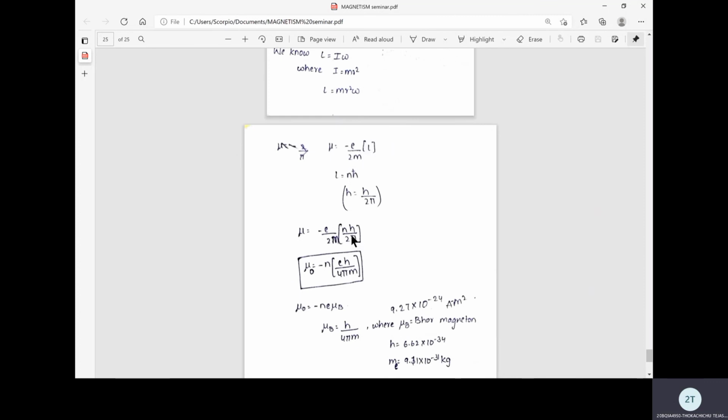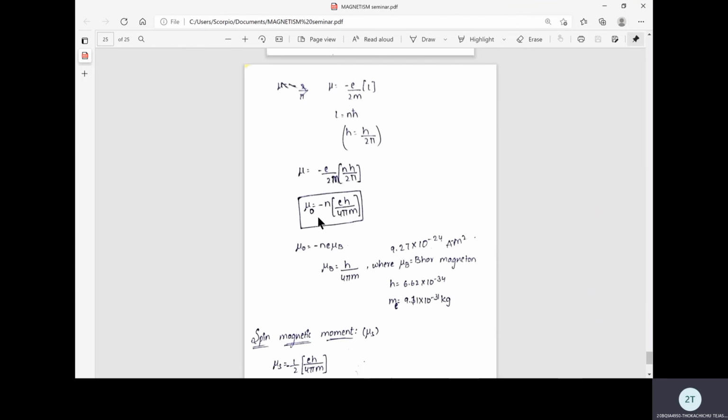n h by 2 pi, where n represents the number of orbitals, we finally obtain that for the orbital magnetic moment it can be represented as minus n into e h by 4 pi m, which can also be written as minus n mu b, where mu b is a universal constant also called the Bohr magneton, whose value is e h by 4 pi m, that is 9.27 into 10 power minus